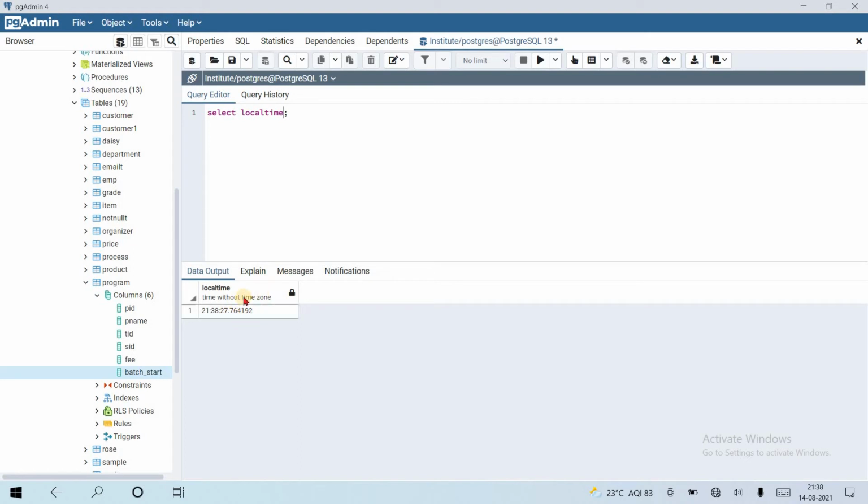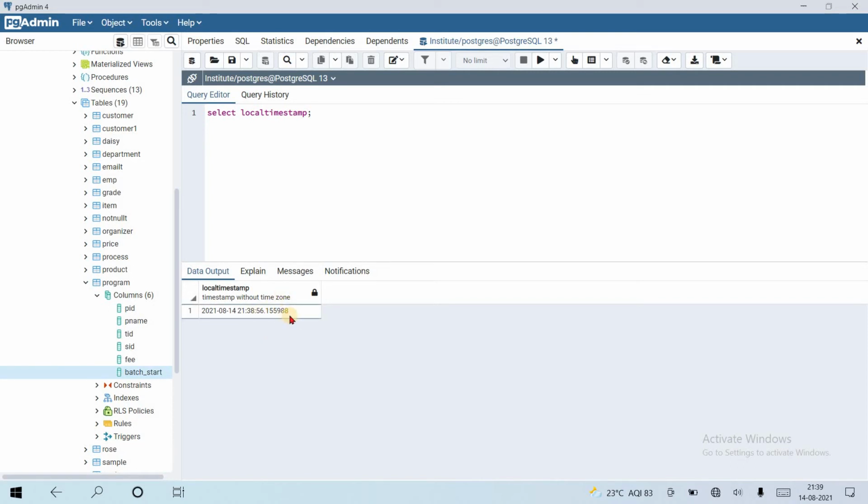Local timestamp gives us a date and time without time zone. We can use precision here because there are 6 digits of precision by default.